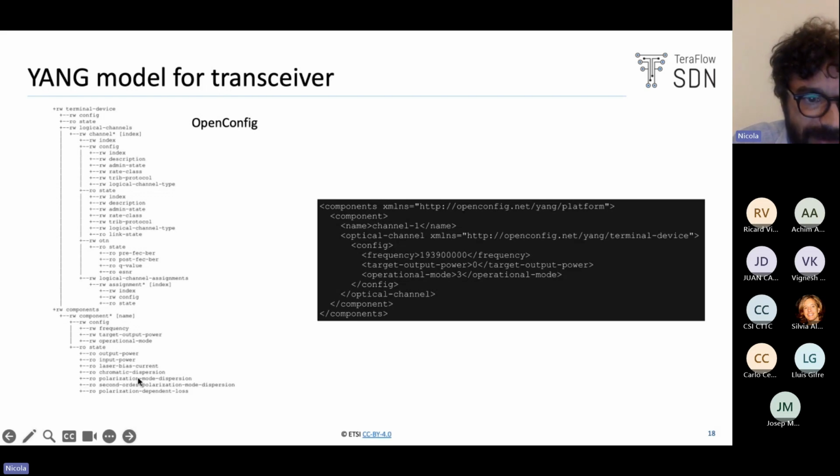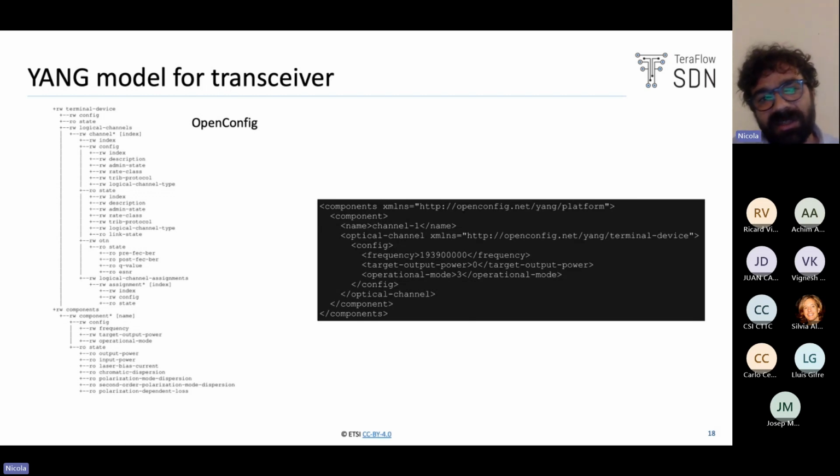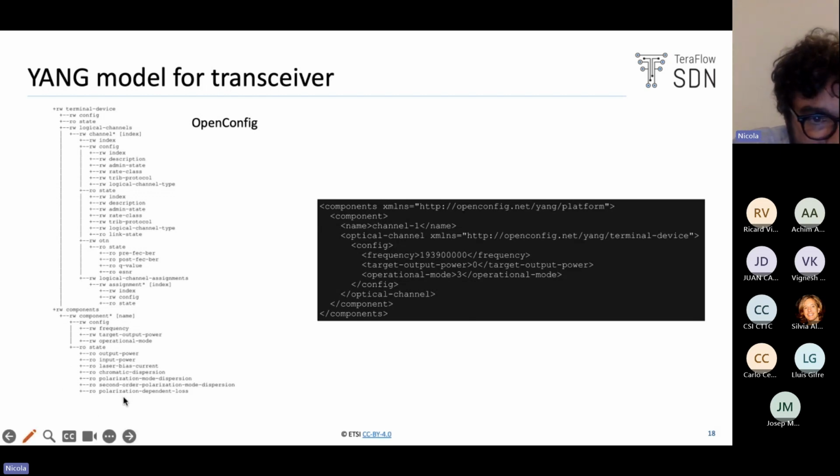Here I can see that those are related mainly to the coherent receiver. I can see that some parameters like bit error rate or electrical signal to noise ratio are missing. Here you can see an example of the content of an edit-config message going to set on this transceiver this central frequency, this output power, and the operational mode with identifier